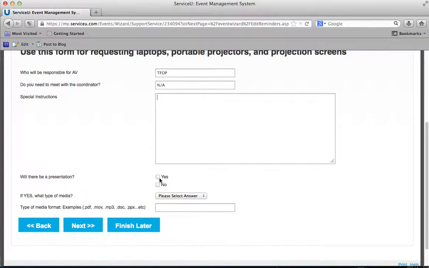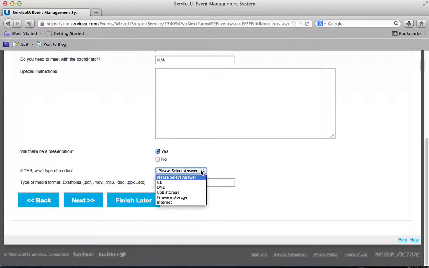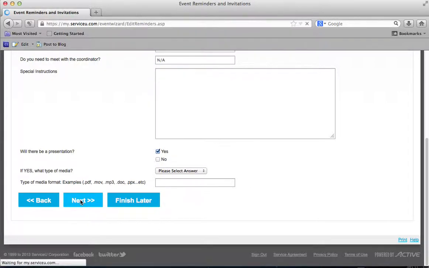Will there be a presentation? Yes. And we ask that, if it is a presentation, if you're not just using the internet, we would like to know exactly what you'll be using. If you come with some sort of media, a CD, DVD, USB storage drive, we like you to bring that particular media in advance, at least 2 days in advance. That way, your media can be tested on our laptops, and we can make sure that for your event, everything is set up nicely, and it minimizes the need for troubleshooting. Okay. So next,